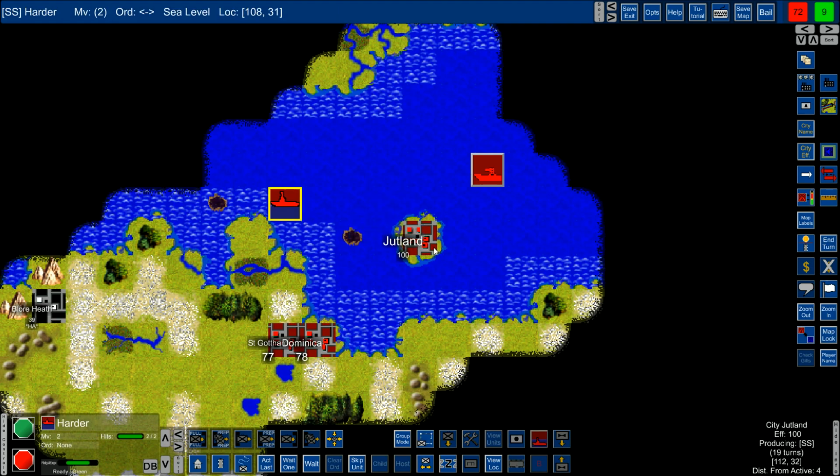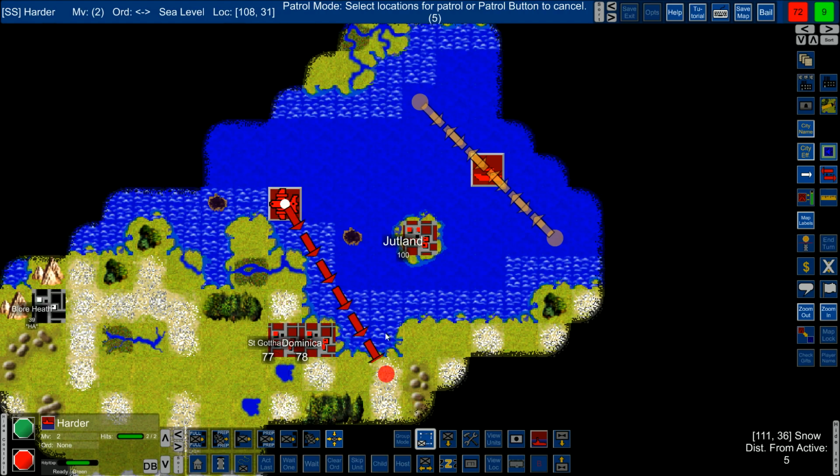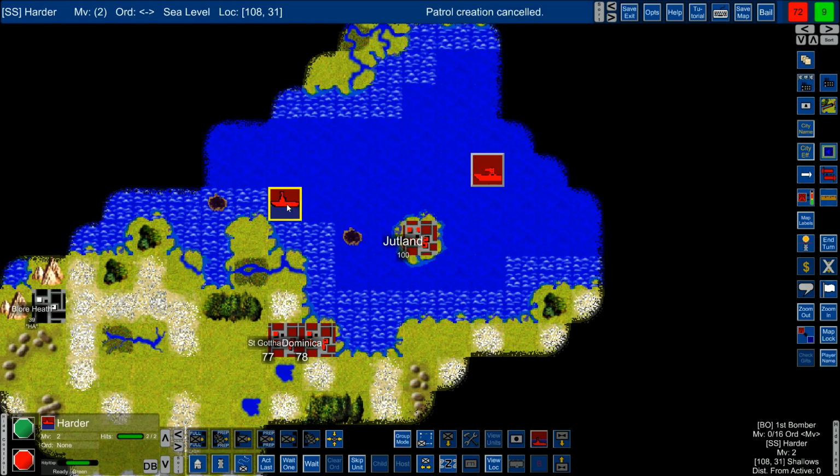Yeah, I don't want to right-click. Let me select the bomber. He's going to do that next turn, but this turn, let's go ahead and set up our harder here. He can just patrol back and forth here, right? I think so. But before we do that, actually, what I thought about now we can do as well, we